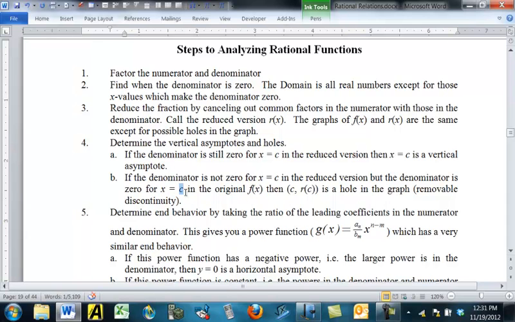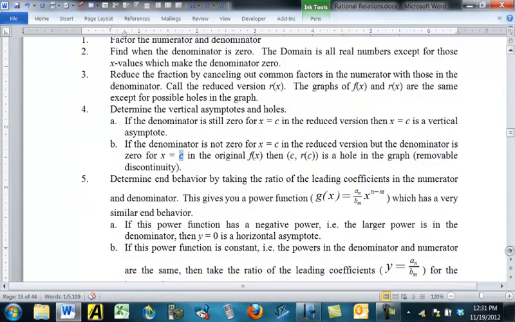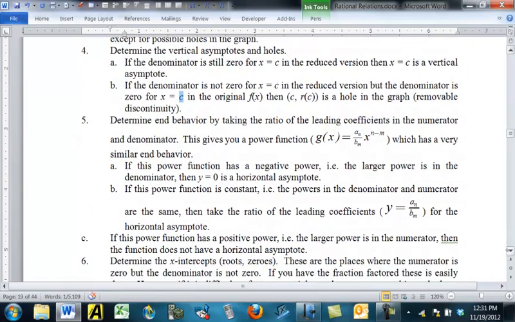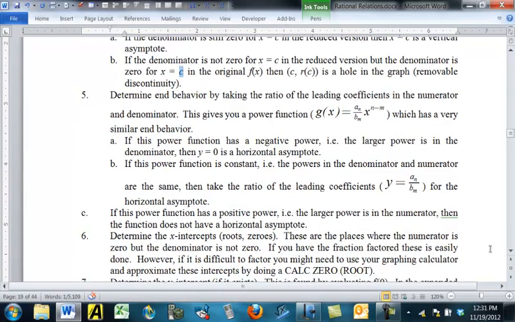Okay, this is sometimes called a removable discontinuity, because you can just plug it by adding 1 point. Next, determine the end behavior by taking the ratio of the leading coefficients in the numerator and denominator. This gives you a power function that looks like g of x equals a sub n over b sub m, x to the n minus m. And that will have very similar end behavior to our